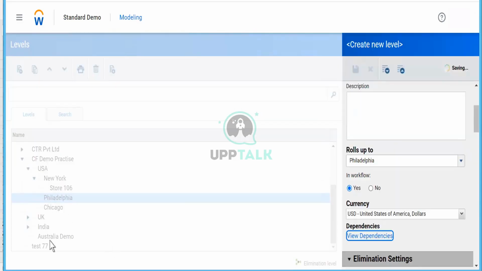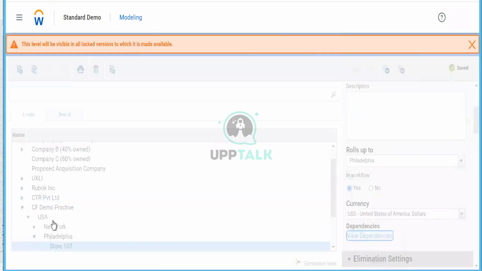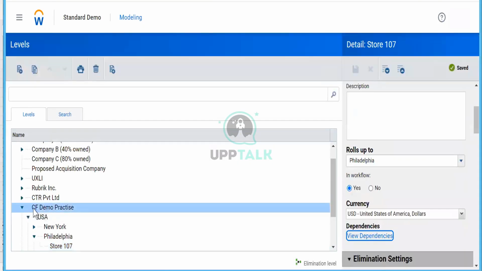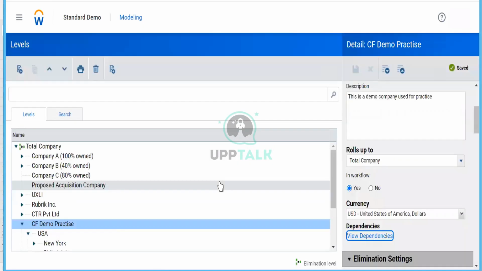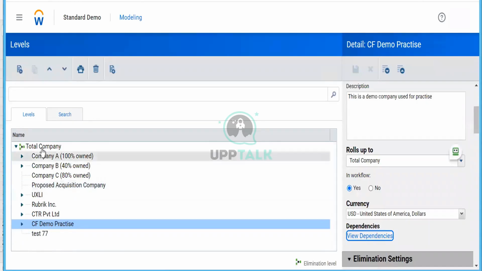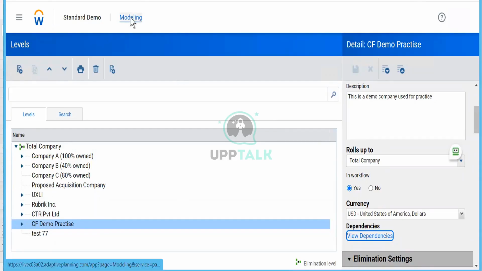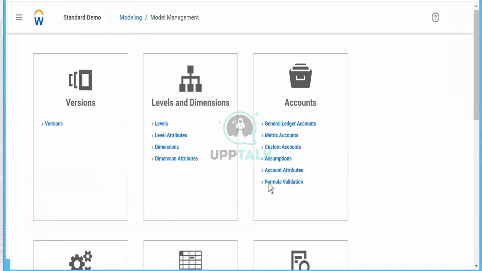I'm going to use this level hierarchy only for this sheet. This particular sheet will be accessible. We have other levels also, like company A, B, C. I will restrict them from using this sheet. This sheet is only visible for this one. How we can do it, I will teach you. The third element is also done. Now the fourth one is your accounts.